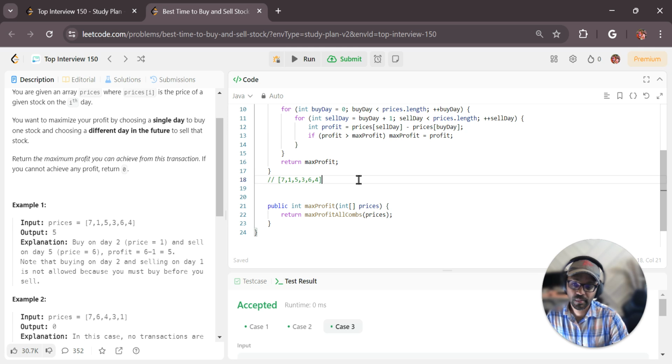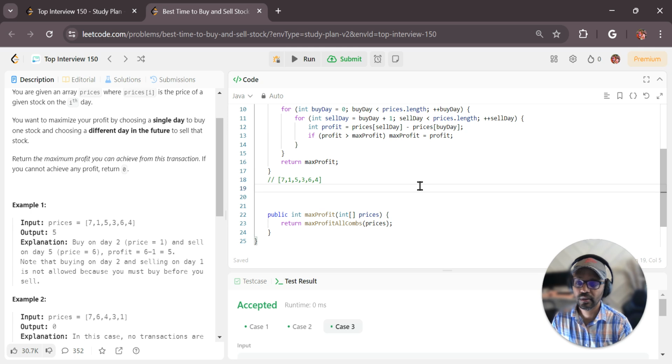So that is why that brute force approach is very dumb in that way. It's also very simple, but it's not taking advantage of that fact. And similarly, if we see a price which is lower, for example 7 to 1, we can immediately say that 1 is definitely a better buy price than 7, because 1 is lower, and for anything that comes after 1, for example if there was a 10, there's no point in buying at 7 and selling at 10, because between 7 and 10 there was a number which was lower than 7. So combining those two insights, we can come up with a much better approach. Let's call it max profit fast, for lack of a better word,